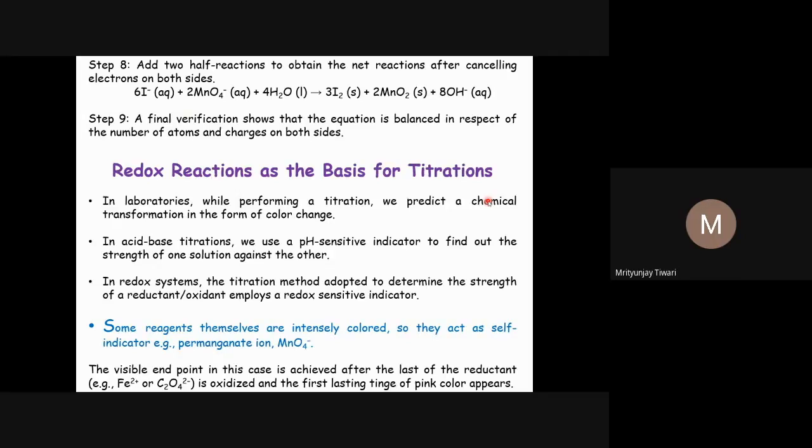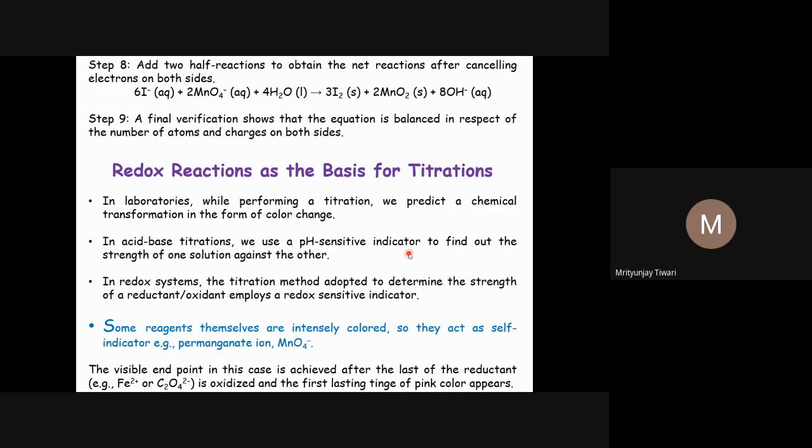Since you cannot visualize them through your eyes, and not even through the best microscope that we have right now, these things are not possible. Atoms and molecules are quantum particles. They are so tiny that you cannot imagine seeing them. Other techniques, the spectroscopy techniques, are used to characterize them in laboratories, but that is advanced for school students. So what we do is perform certain reactions, and we understand whether these reactions have been performed in terms of color changes. And these color changes are what we call the titration.